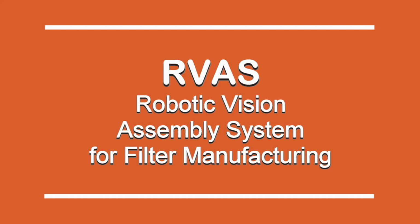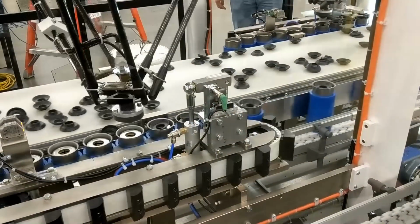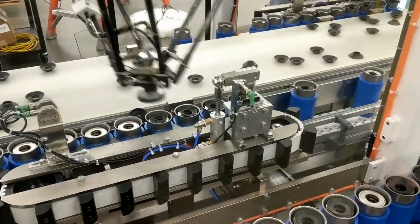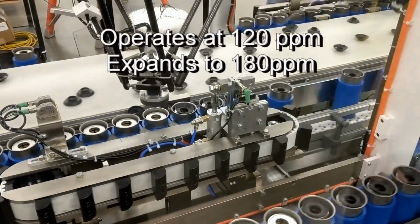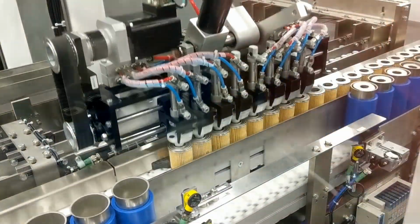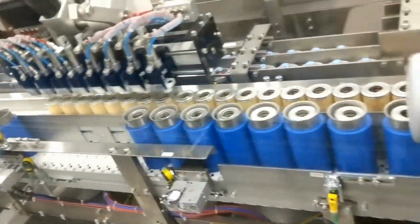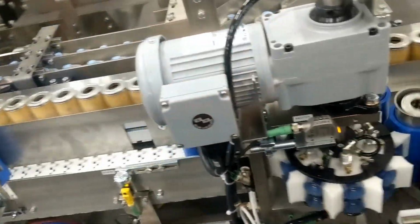This is a robotic vision assembly system used to bring multiple filter components together to manufacture oil filters. This system operates at 120 filters per minute. In a subsequent operation, the filter outer shell, spring, and cartridge are inserted into the puck to form a filter